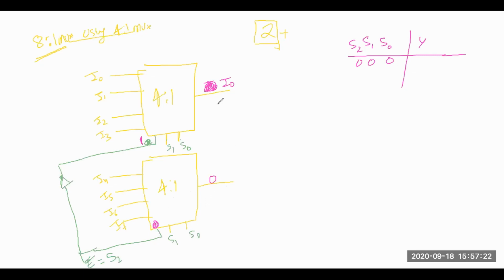Okay, and if you are getting these two outputs, one is I0 and the other is 0, and finally if you want I0, basically you need to connect one OR gate. If you are connecting one OR gate, after 0 plus 0 you will get I0. So this is one way for implementation of 8:1 multiplexer using 4:1 multiplexer. I can verify the whole thing for other values also.